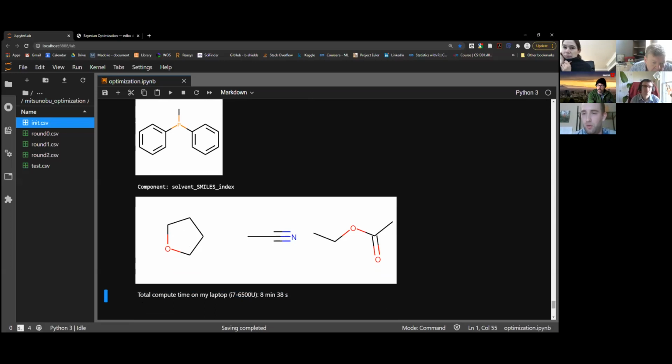So the slow step is still the frickin' chemist. Oh yeah, I mean that's the point of Bayesian optimization. I know, I'm just making fun of the fact that the stupid chemists